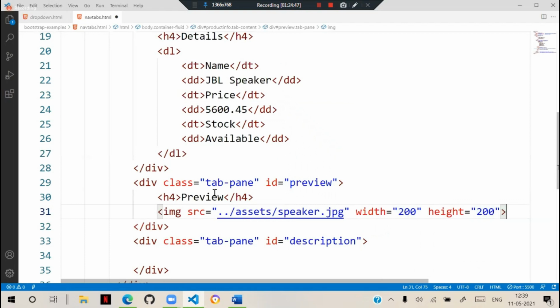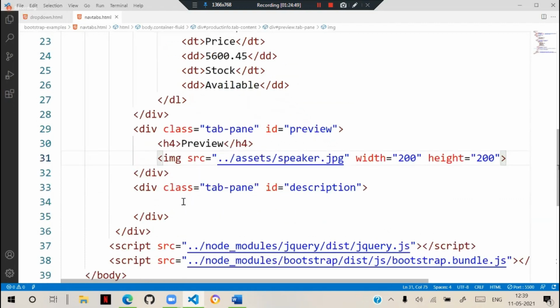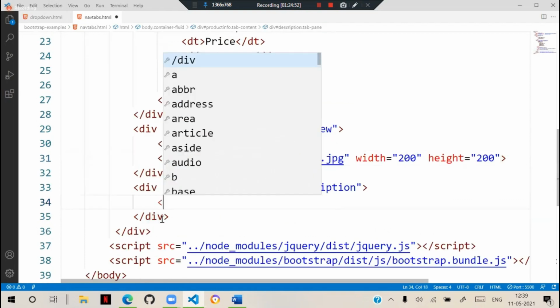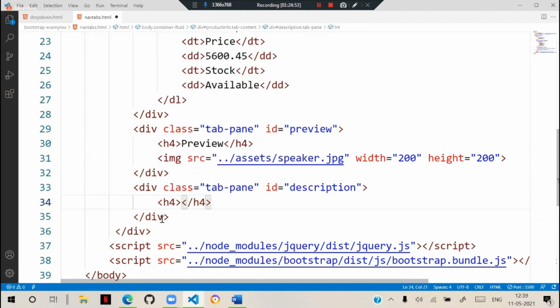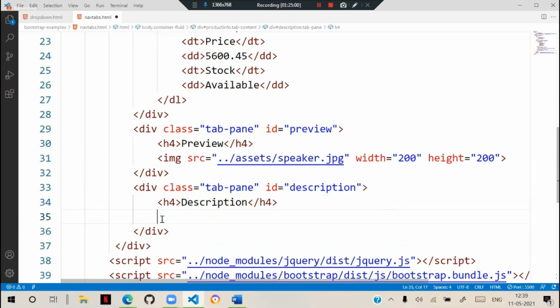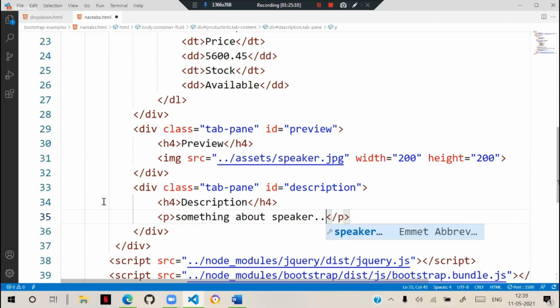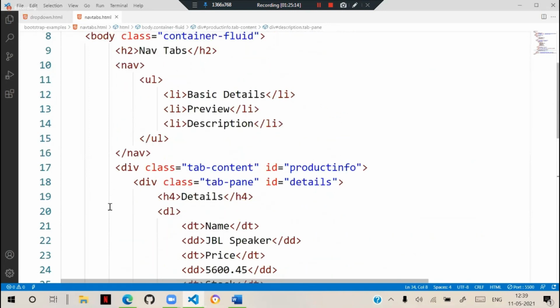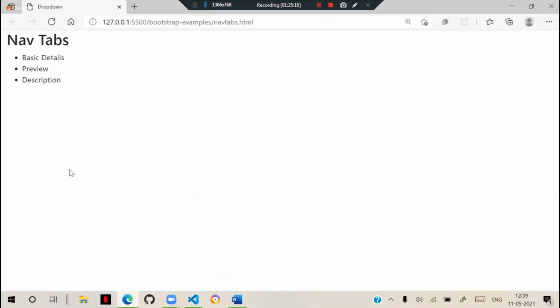We are defining it like this. And in this tab panel, again, preview, and here description, with another paragraph with some information about the speaker. Now these are tab panels and tab options, and you see at the bottom, you can't see them.